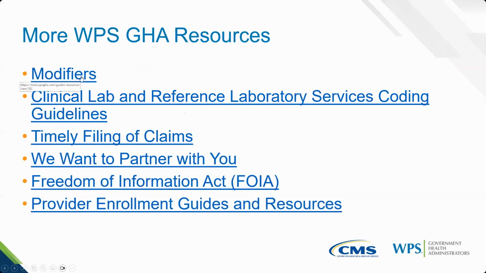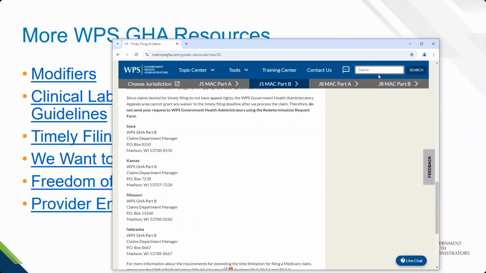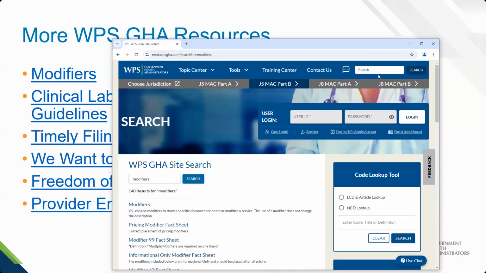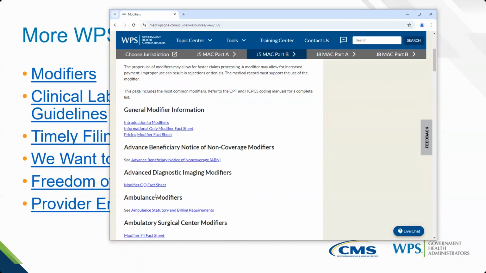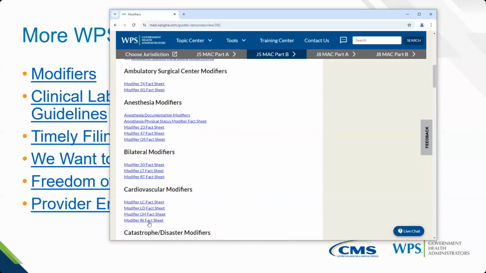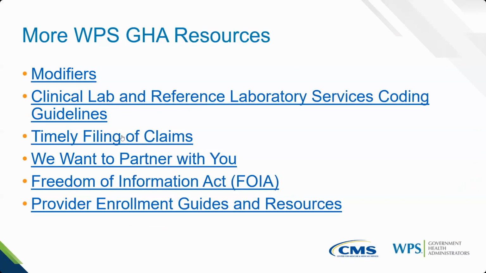Modifiers had a couple of rejections, I believe, for invalid, incorrect modifiers. Our modifier webpage on our website, I'm just going to do it the quickest way here and search for modifiers. Our modifiers webpage, and you have the link to it, includes all of these modifier fact sheets. Okay. So great information. The modifier fact sheets will often say these are appropriate uses, these are inappropriate uses, these are the codes you can use this modifier on, and so on and so forth. Some great information for you. Timely filing of claims is a link to that web page that I just showed you.